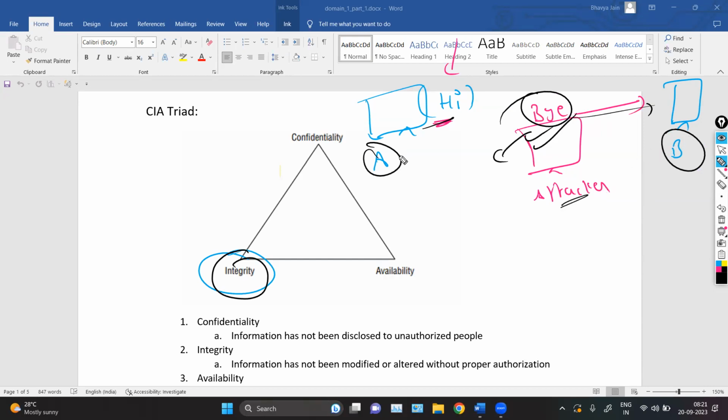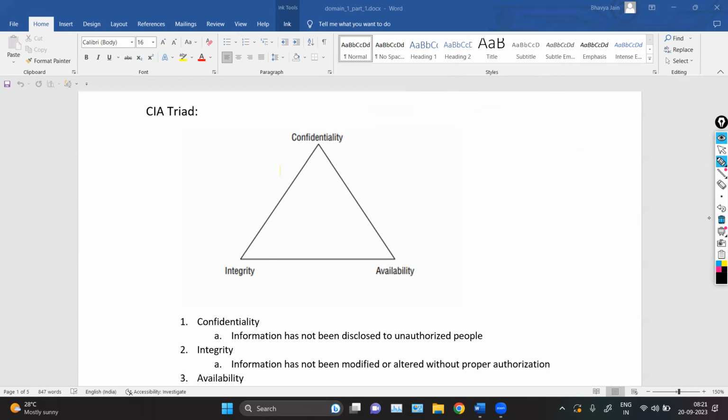So whenever you are transmitting from A to B, there's an attacker sitting in the middle of A and B, and he or she is modifying whatever messages you are sharing. So that is the violation of integrity; we are not ensuring security here. There's no security because anyone can come, modify your message, and forward it to your receiver. It is totally a violation of security. So in integrity, we are ensuring that no one can modify your data.